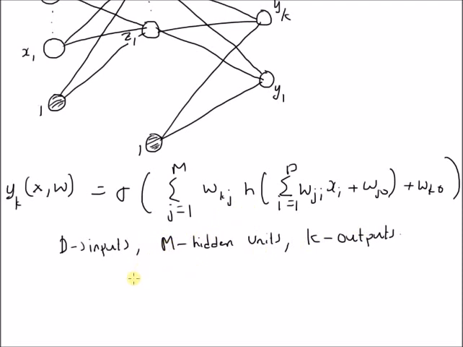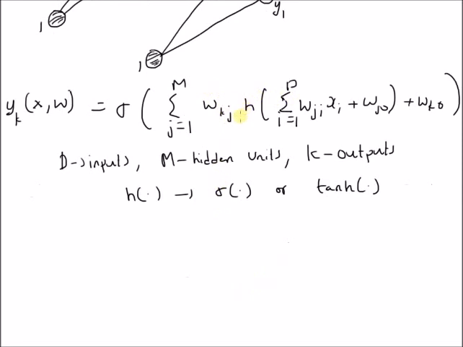Now our goal is to prove that whether we use the sigmoid function or the tanh function in place of the hidden units, we will get the same output. But of course the inputs and the weights are changed by linear constants. So before we start with the proof, let us look at the definitions of these two functions. The tanh function is given by tanh of A is equal to exponential of A minus exponential of minus A divided by exponential of A plus exponential of minus A.